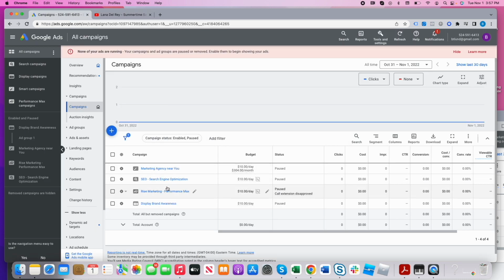or contextually relevant. Now, I will say, as before on the display section, if you have a Performance Max campaign